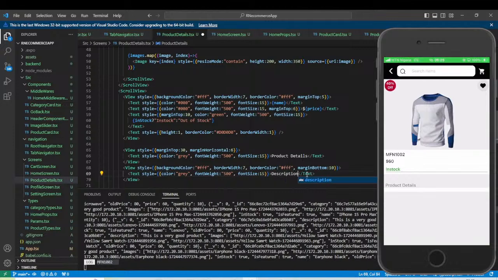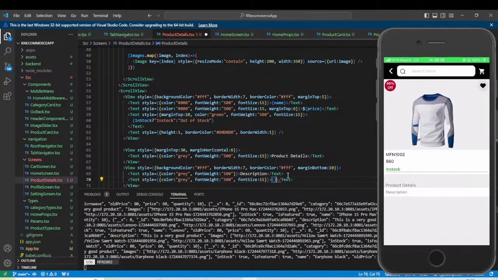Let's give the description a header, heading, and then cool. Then after that, we need to display the description. So the description will come from here, to come from our params. So we have